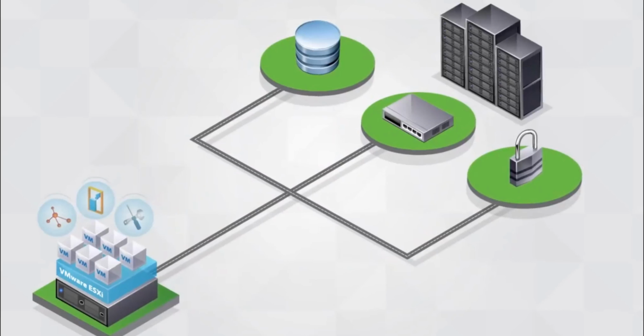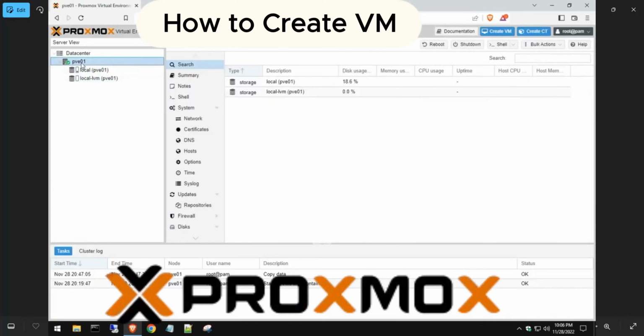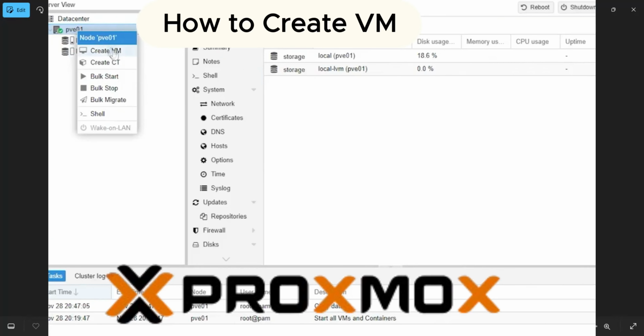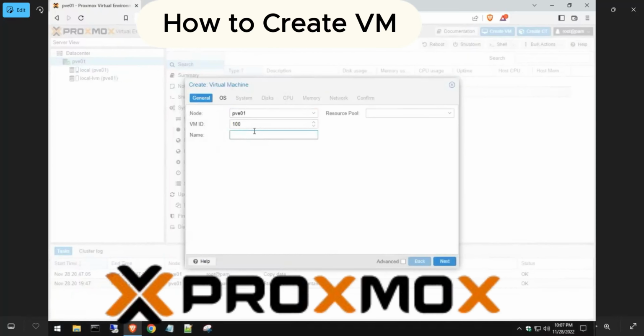Now we need to create the virtual machine inside Proxmox VE. So we need to create the VM. And here we go. Now you can see that there are specific criteria on behalf of which we are going to create the virtual machine inside Proxmox VE. So we just need to create that virtual machine.